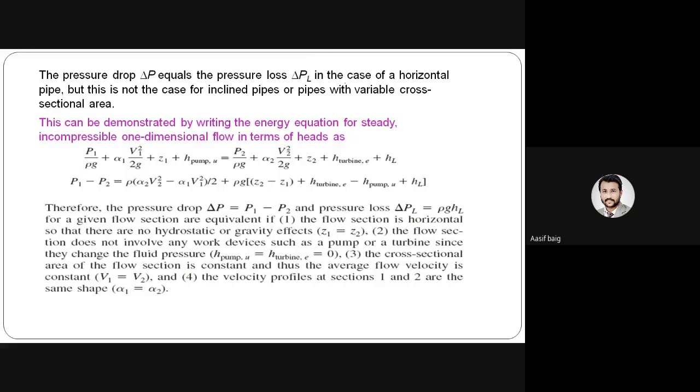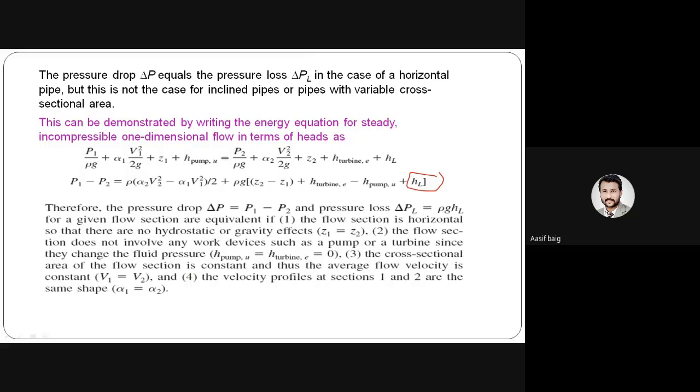H_L is the head loss. So from this equation we can calculate the head loss. Therefore the pressure drop ΔP equals P1 minus P2 and the pressure loss ΔP_L equals ρ g H_L